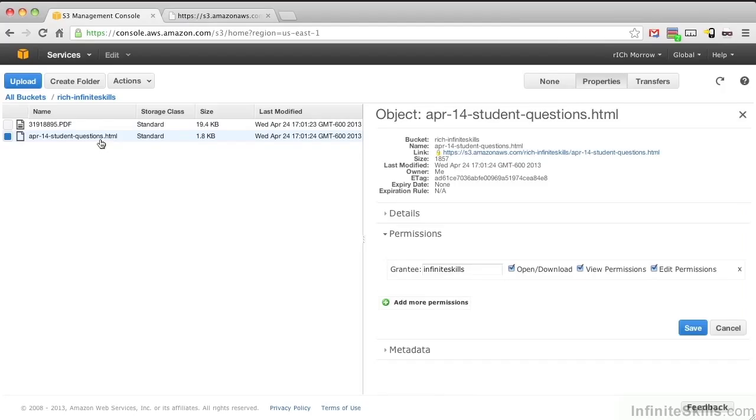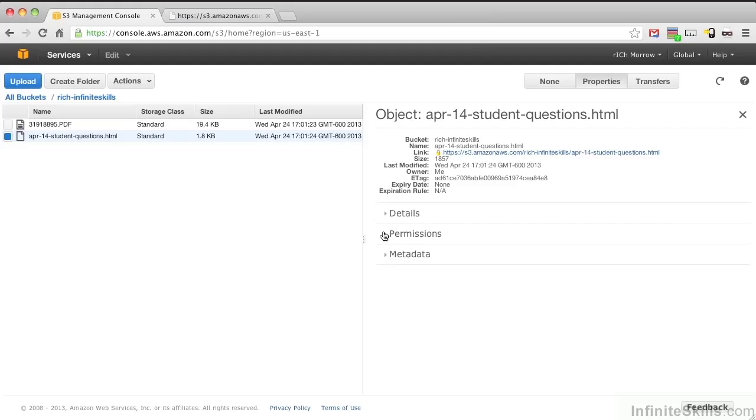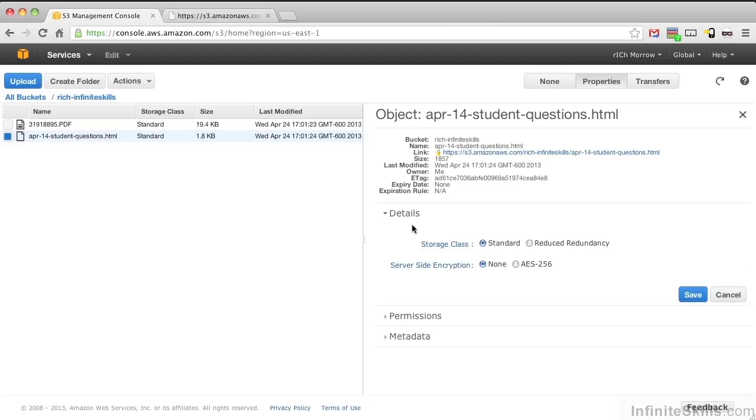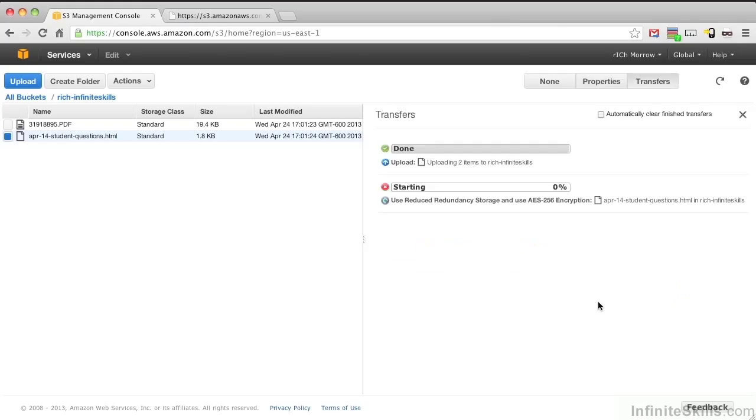We can also set server-side encryption on a file. Let's take the other file that we just uploaded, and instead of accessing permissions, let's access the details. Here you can see that I can change the storage class to reduced redundancy and even set server-side encryption. Let's go ahead and do that in both of those instances. We can see that some keys were generated for me, and this file is now encrypted. When I go to access this file, if I have permissions to get it, Amazon will use the encryption keys that it just created for only that file and decrypt the file. Again, this adds a whole lot of security and lets S3 be compliant with applications that need encryption for data